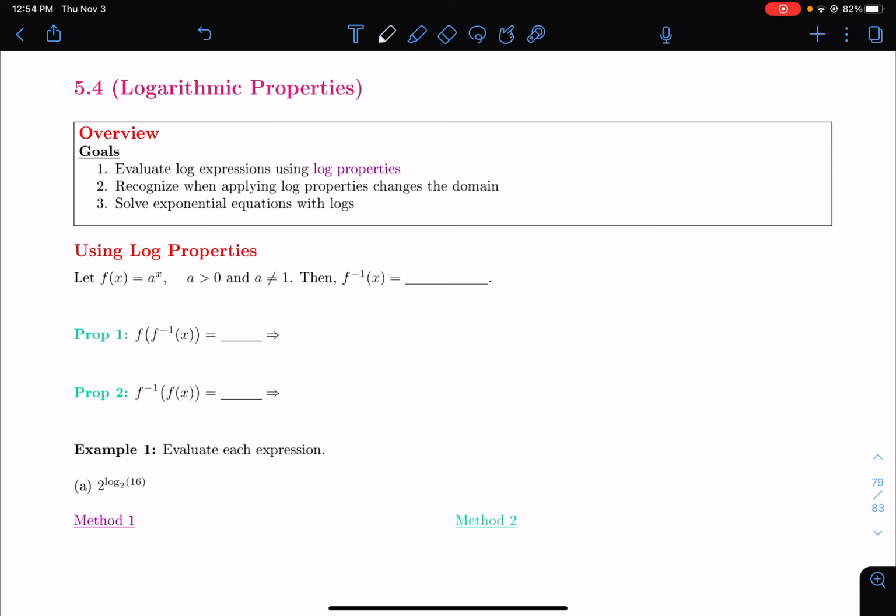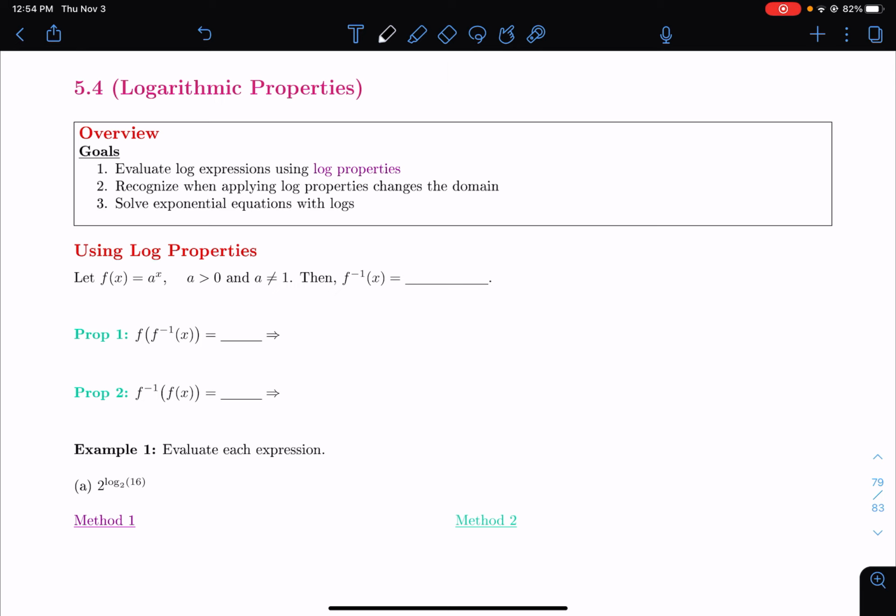In this video, we're starting section 5.4 on log properties. Our goals are to evaluate log expressions using log properties, and then recognize when using log properties might change the domain of a function. And then we'll talk about how we can solve exponential equations when we need logs. These are situations where they won't have a nice answer that I could just get by getting a common